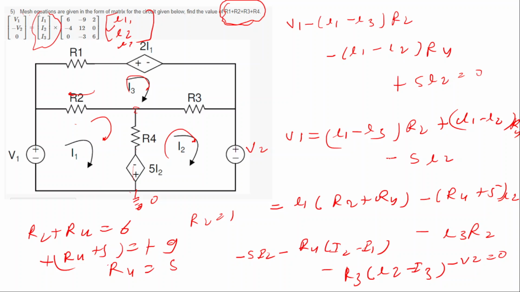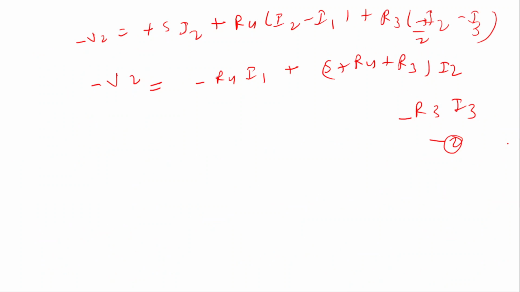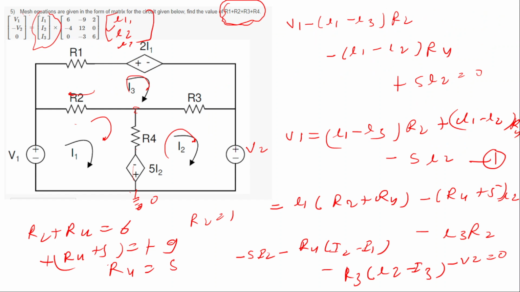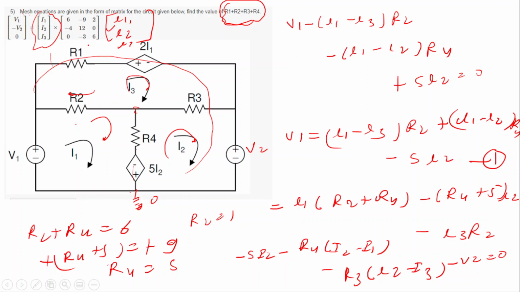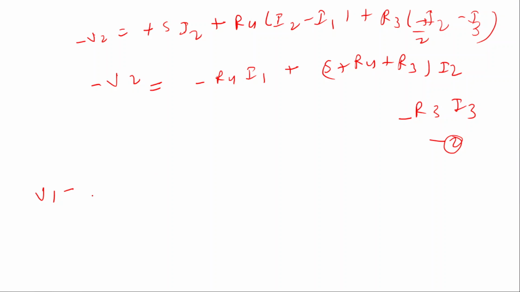Let's now not replace this; this is equation number 1. Now let's write the third equation also. If we can move in this loop, here the potential is, from this loop we can move, so this will be equal to V1 minus the drop in this R1, so it will be I3 times R1 minus I3 times